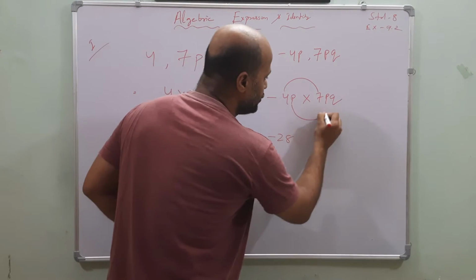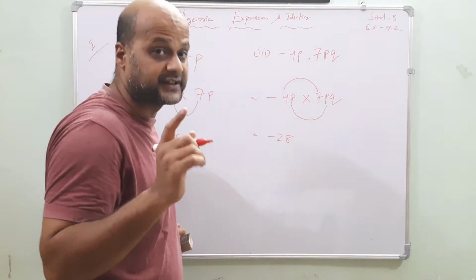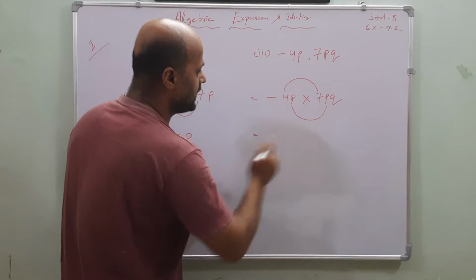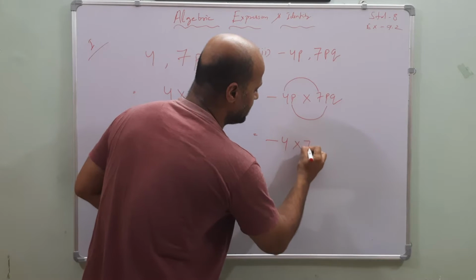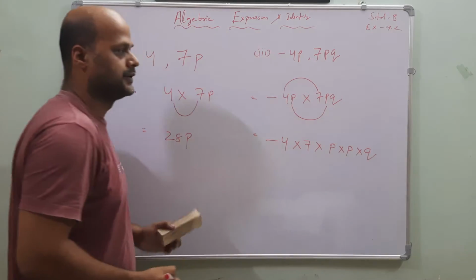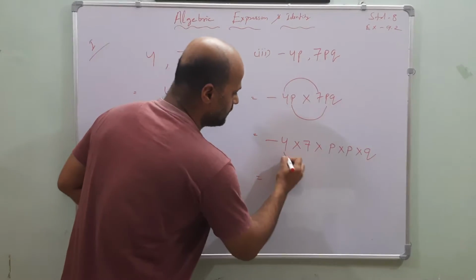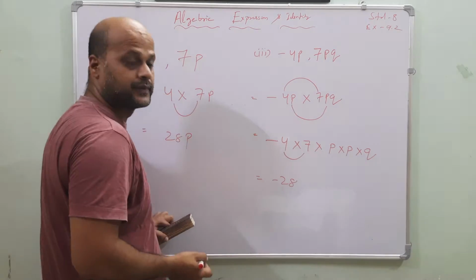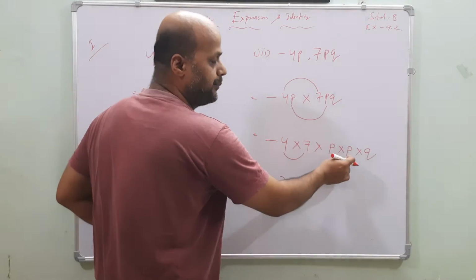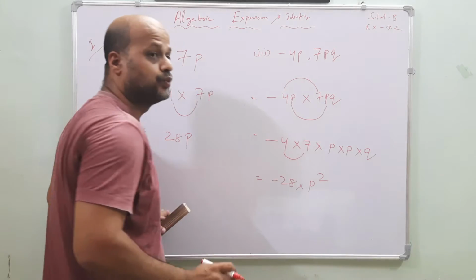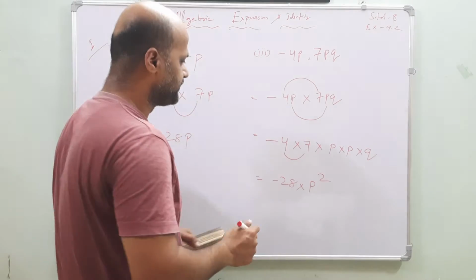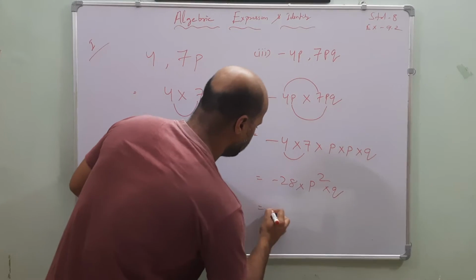Now, p into p. We are studying exponents and radicals, my dear friends. p into p, or if I elaborate this one, you can write 4 into 7 into p into p into q. Understood? In this manner you can do it also. Multiply this to get 28 into p square, because it is a power of m, a power of n. Here the power is what? 1. So the formula is a power of m plus n, into q. Now multiply all of them.